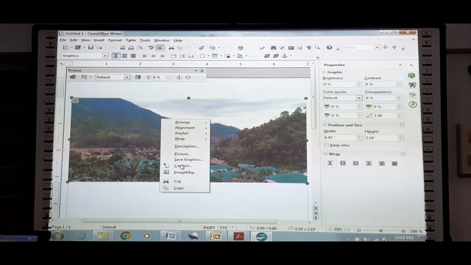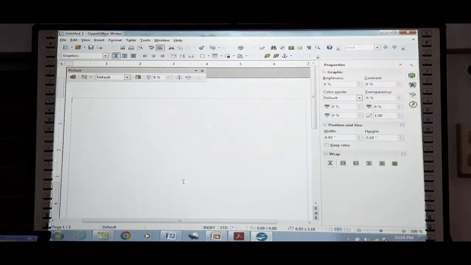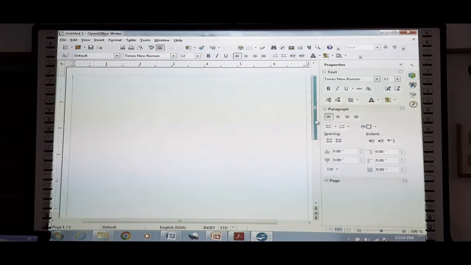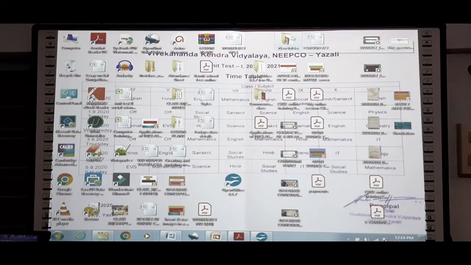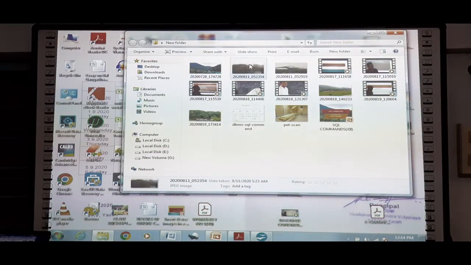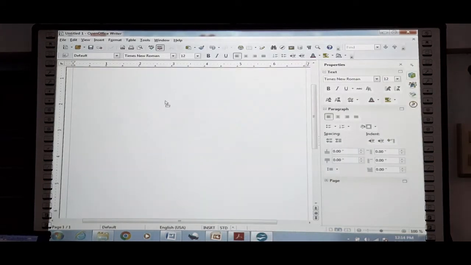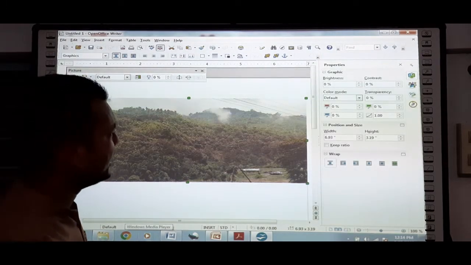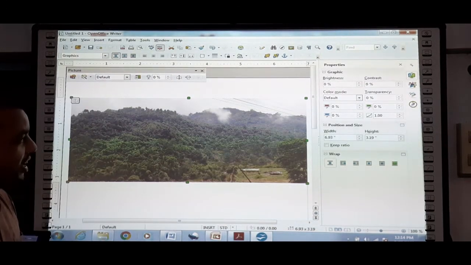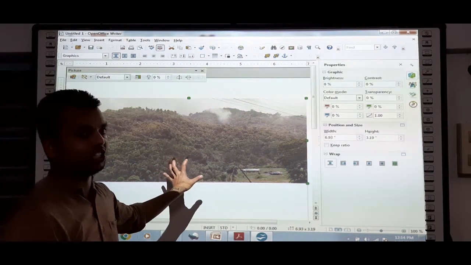Okay, let me remove this one and let us check once more. See, this is our OpenOffice.org document. I simply need to insert our picture, so I go to the folder, select any file, say the second one, and drag and drop it in here. See, it is said that a faint vertical line will appear. See, that is the faint vertical line. Correct? So this is how we insert an image from a gallery, from a particular file, from a particular folder into our OpenOffice.org document.